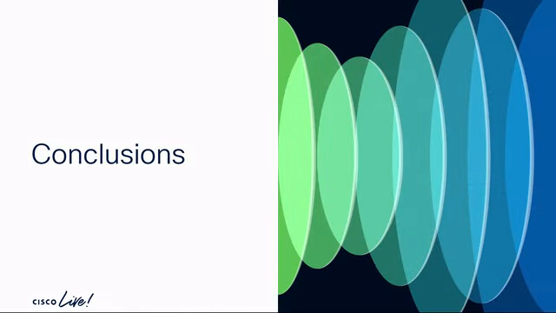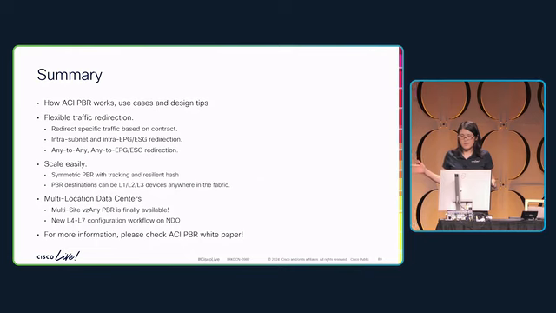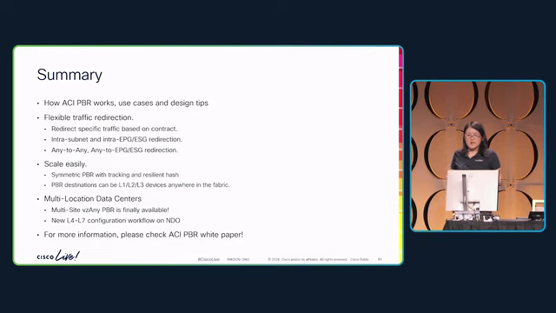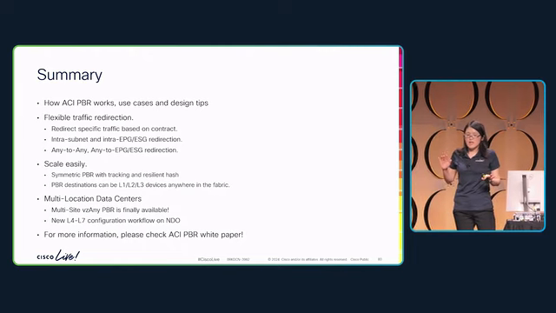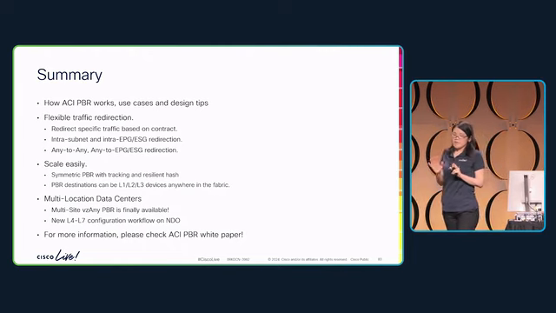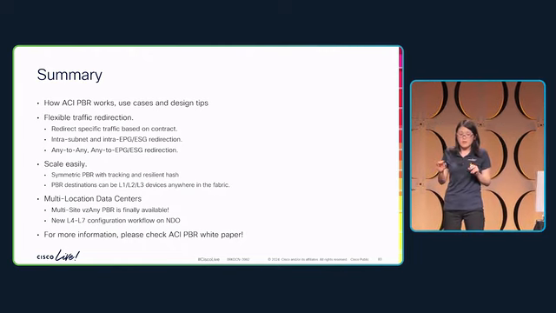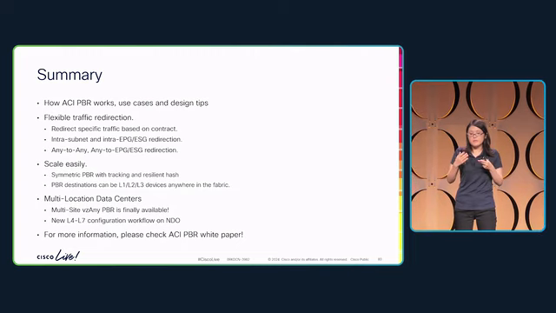And with that, the conclusion of this presentation. So we covered how ACI PBR works, use cases, and design options. In a nutshell, this is very flexible. You can redirect traffic based on contract. We can even do intra-subnet any-to-any contract. And we can scale